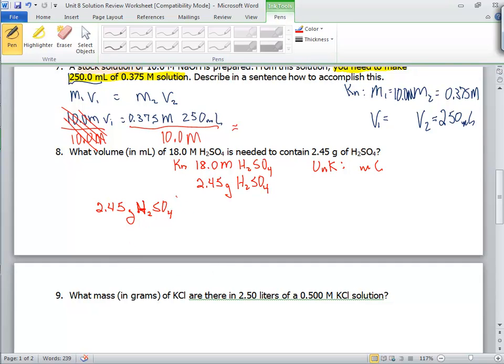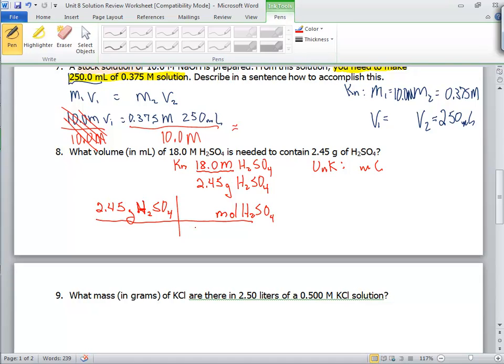And then somehow I need to get grams to change into volume. Well, I know that I've got this relationship here between moles and volume, so maybe I'm going to switch this from grams to moles,